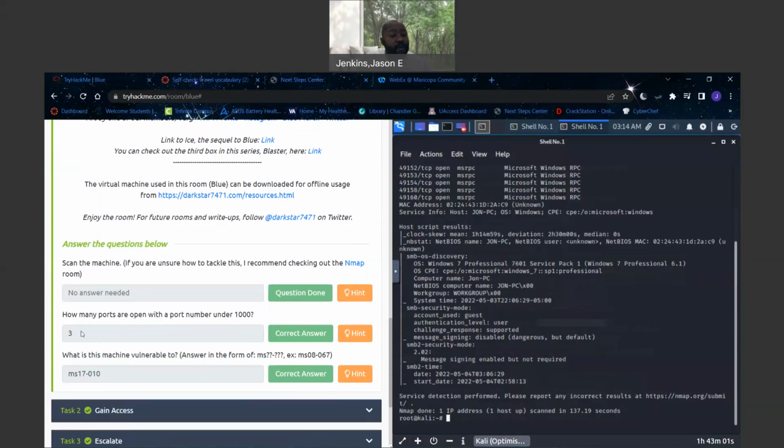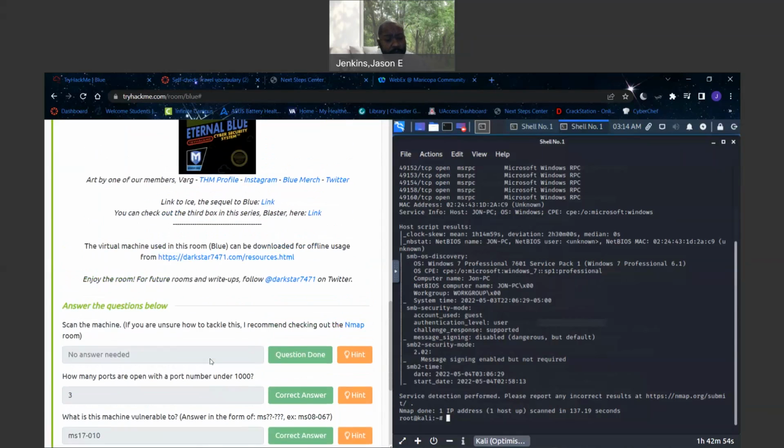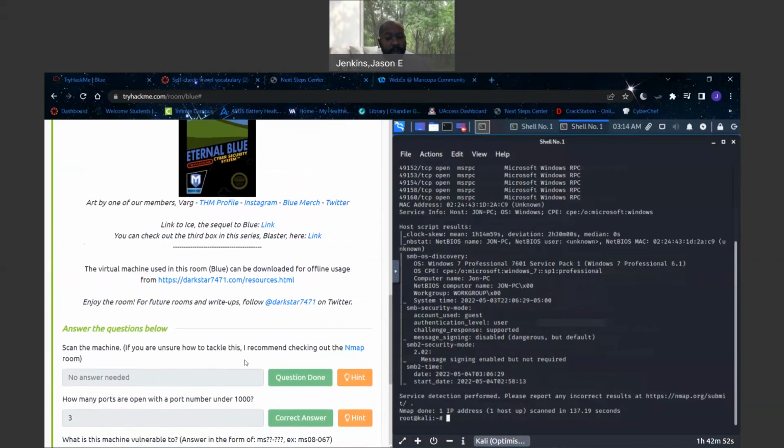What is good about this is now that we've got the information, we've done the scan, we know that there's 3 ports open under 1,000. We don't know exactly what the machine is vulnerable to yet, but we know that there's something important about the fact that this is run in Service Pack 1. What I can do at this point